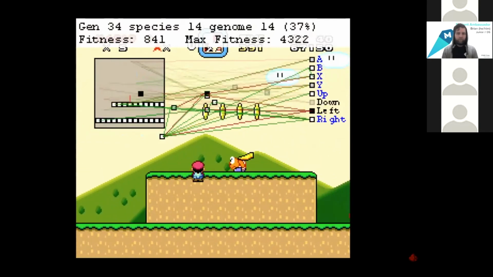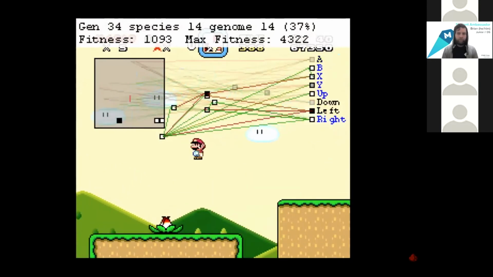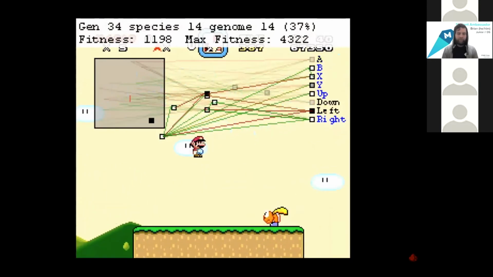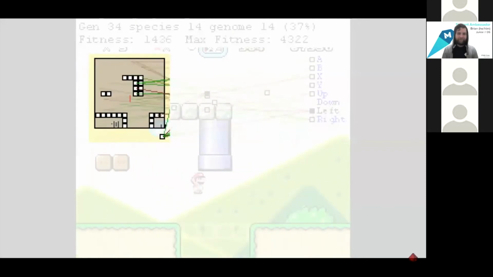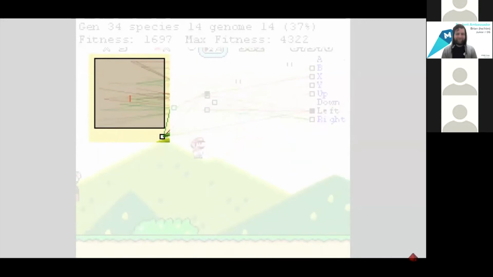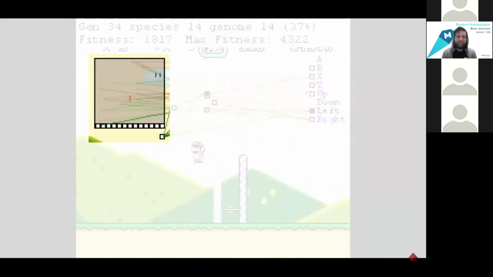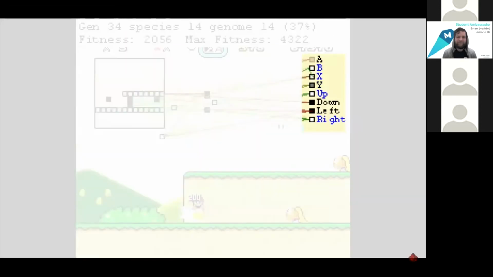With enough computational power, a neural network could come close to simulating a real human brain, but modern technology isn't there yet. On the left side, you have the inputs. This is what Mario sees. It's a simplified view of the level. The white squares stand for blocks the player can stand on, and the black squares stand for moving objects like enemies or mushrooms. On the right side, you have the outputs.